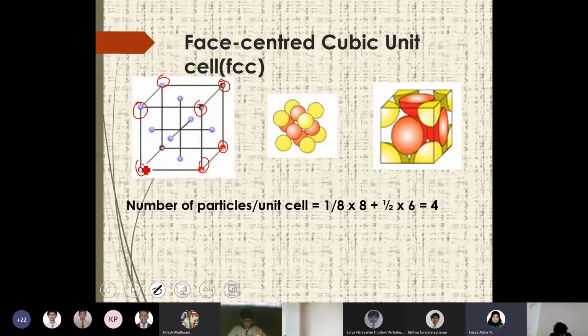Those 8 are there already, which is contributing 1 by 8. So 1 by 8 into 8, that will become 1. And now you can see that if you draw a cubic arrangement,